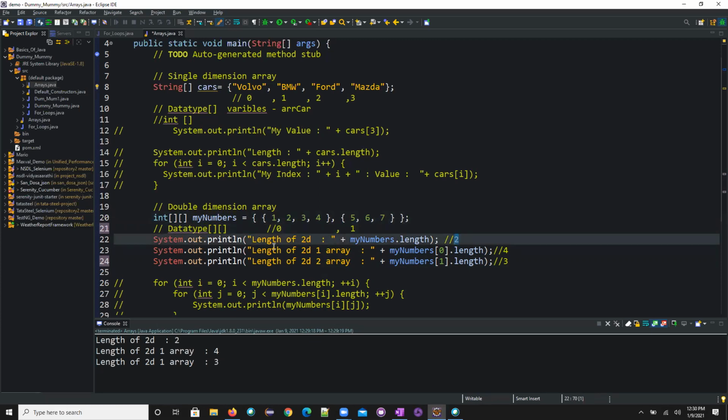Now 0th of this one means this particular array size. How much is that? 4. And what is the size of the second list? This is 3. Any doubts in this one? Is it complicated? No. See guys, when you see a problem holistically, it will always be a big problem. But when you slice the problem, you can get the easiest answers for that.